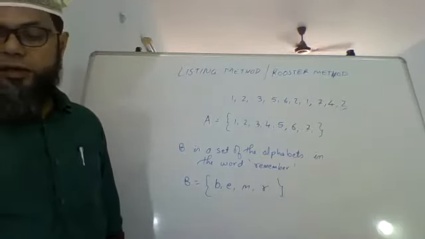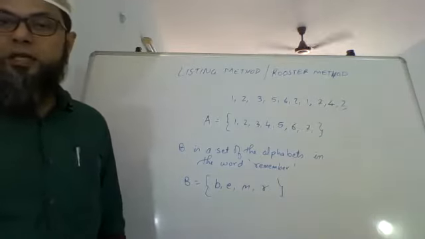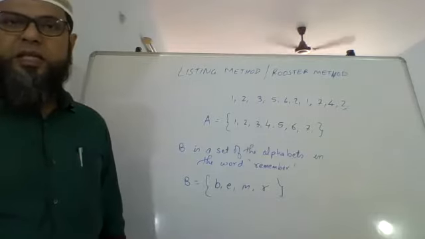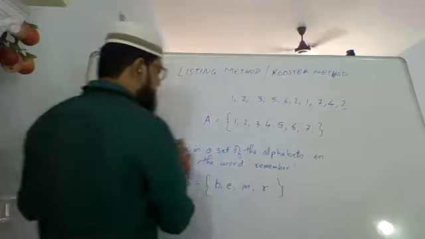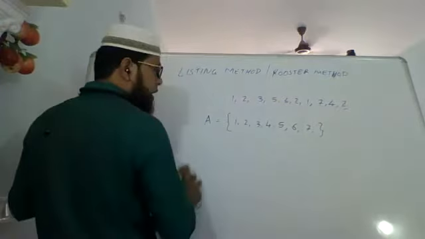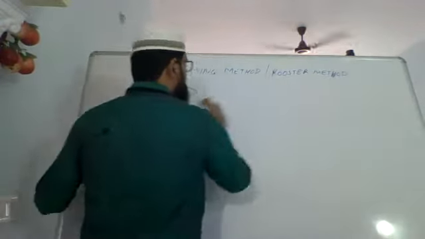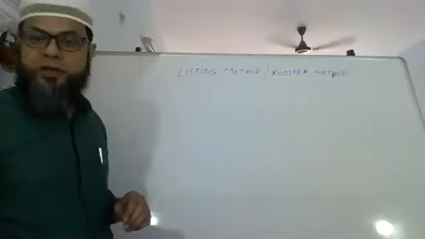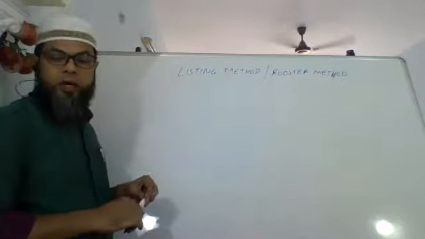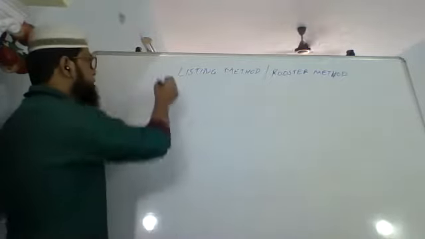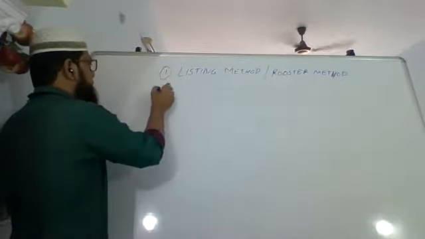You all have done this. Now let's understand the next method. Of course, we don't have much time, that is okay. We will not be able to finish the entire method, but we'll begin with this and we'll understand how we are going to solve this. Okay, the next method is important. It says rule method or set builder form. This was your first one. The second one is